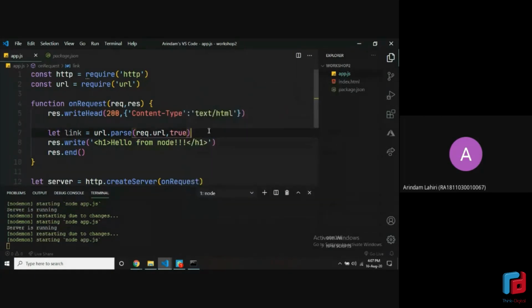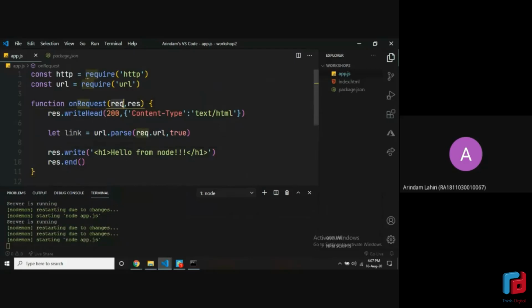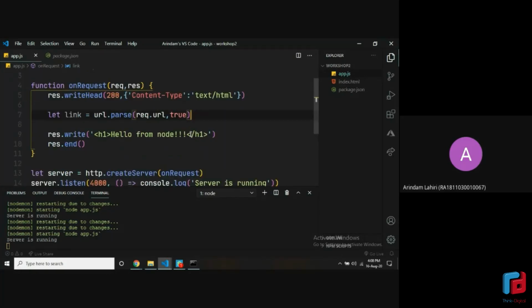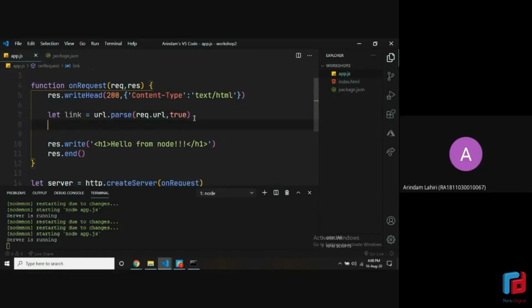So now, as I said earlier, the request body is something which is sent from the client. All right. So that request contains a property called URL. The URL is whatever we type in the browser, as you will already know. So what we are doing is we are using the URL module and parsing it. Parsing basically means converting. And the second parameter, which is true, is basically to tell the parser that we need it to be converted into a JSON or a JavaScript object so that we can access anything which is inside it. So for now, let's just console log this and see what it gives us.